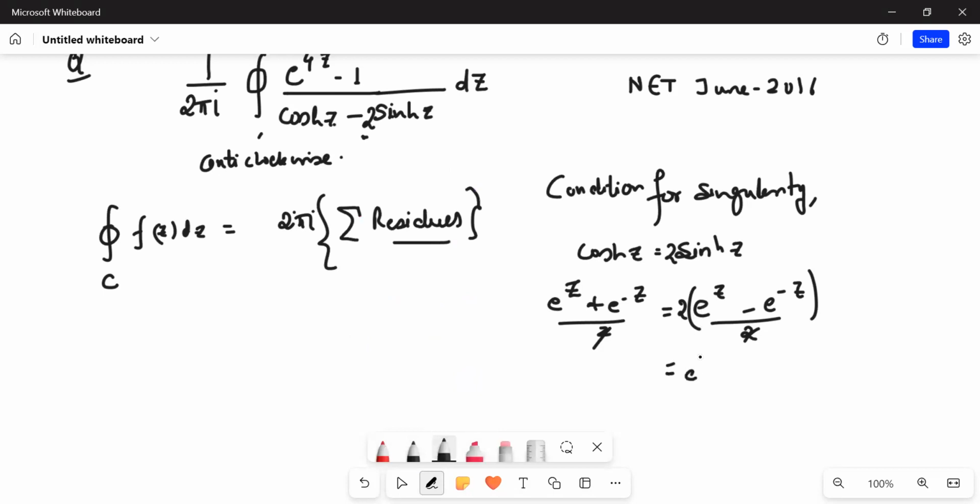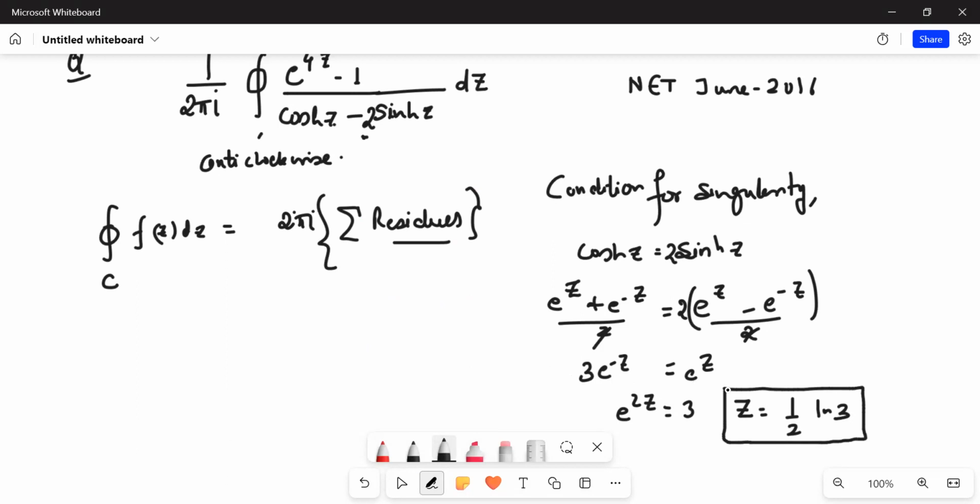I will get e to power z here, and here I'll get 3 e to power minus z. Or in other terms, if I solve it up, I will get e to power 2z is equal to 3, or z is equal to 1 by 2 ln 3. So this is the singularity that we are going to encounter. Clearly, this is a simple pole. So z equals ln 3 divided by 2 is a simple pole